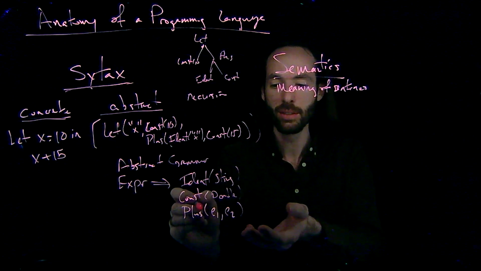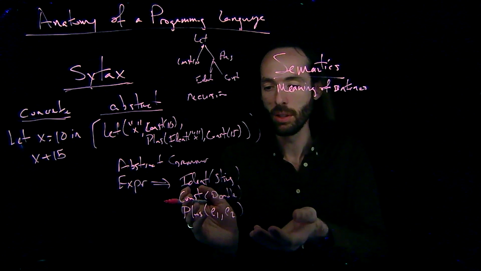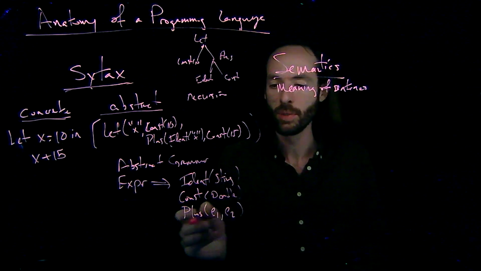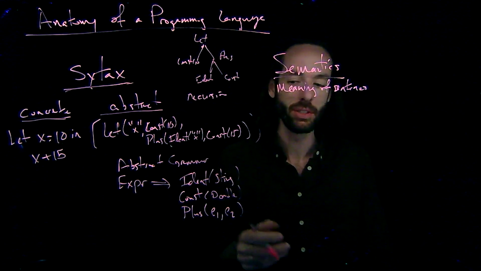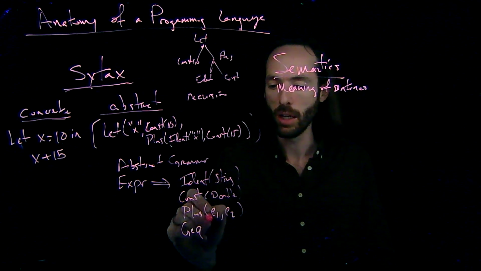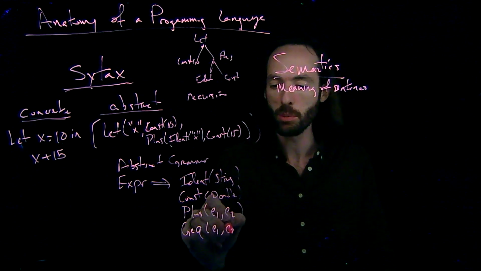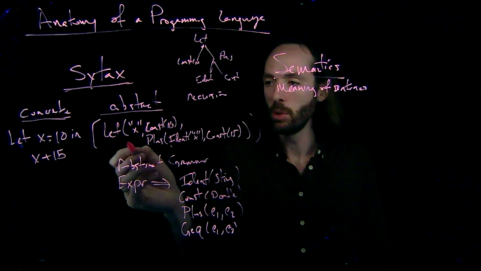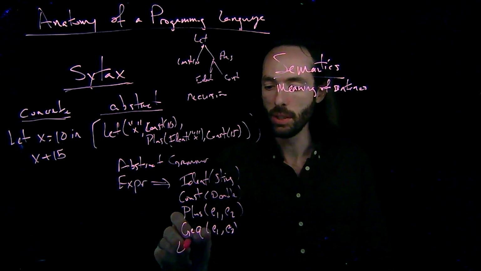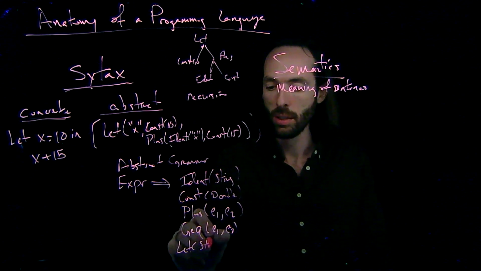Right now all it is is some set of letters and then parentheses with two separate expressions in it. We'll also have multiplication, division, subtraction, all the basic things. We'll have something like greater than or equals between two expressions. We'll have function definitions. The more interesting thing here is the let definition, which takes in a string, the name